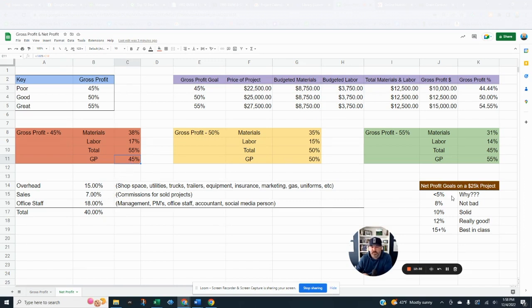So let's say it's 3 to 5%. I've got over here as a goal or as the key, which is, if you're under 5%, why even do this? Let's say you're doing $1 million and you're making 4%. You're like, man, you just made $40,000. It doesn't seem like it's worth the work. You're like, well, but I make 100 grand on top of that. Man, if you're good at this and you can run a business doing $1 million, you can go work for a lot of companies. And if you're in Kansas City, give me a shout.